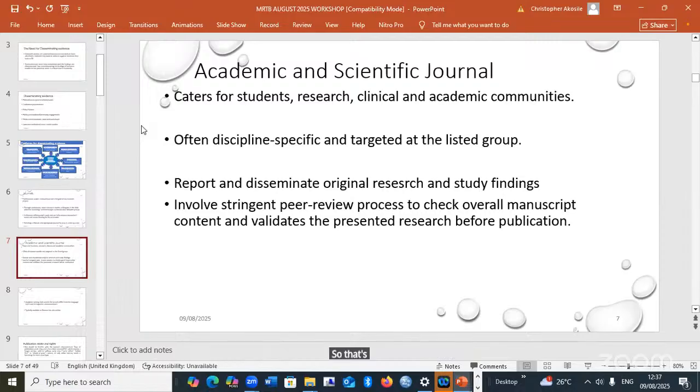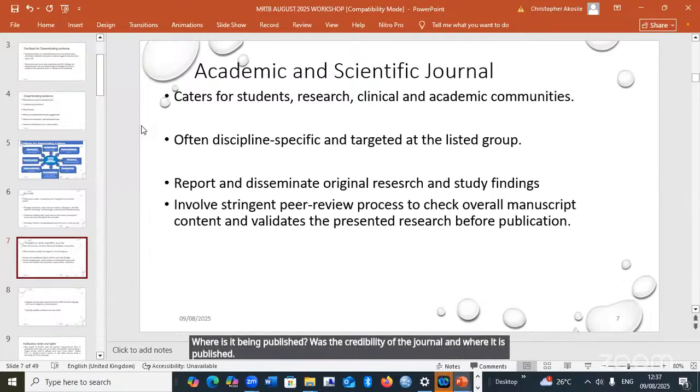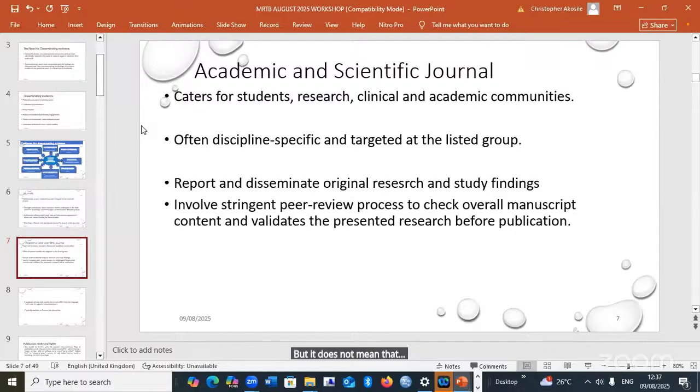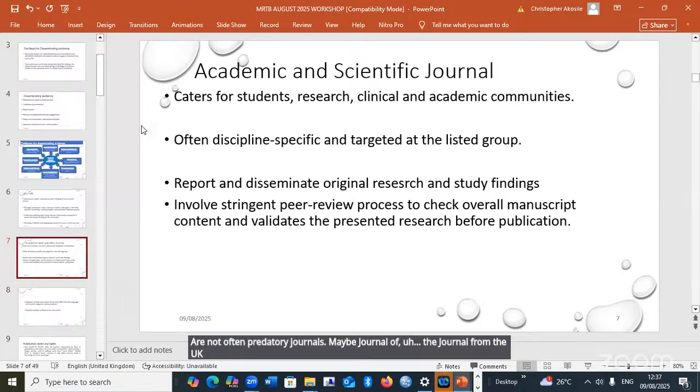So that's why I must also warn that the fact that something is published does not make it useful. Where is it being published? What's the credibility of the journal in which it is published? But it does not mean that our local journals are often predatory journals. Maybe the journal from BUK, University of Ibadan Physiotherapy Department also had a journal in the past that was doing well.